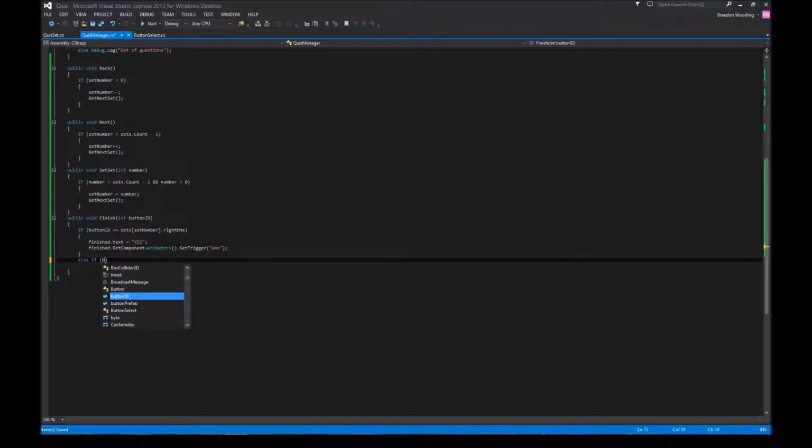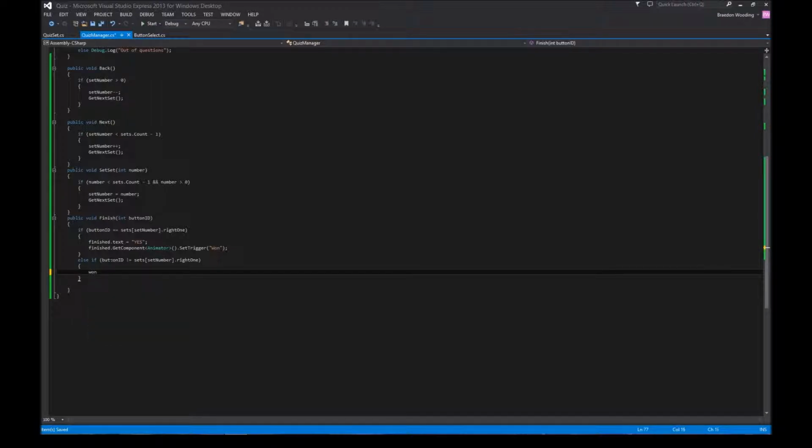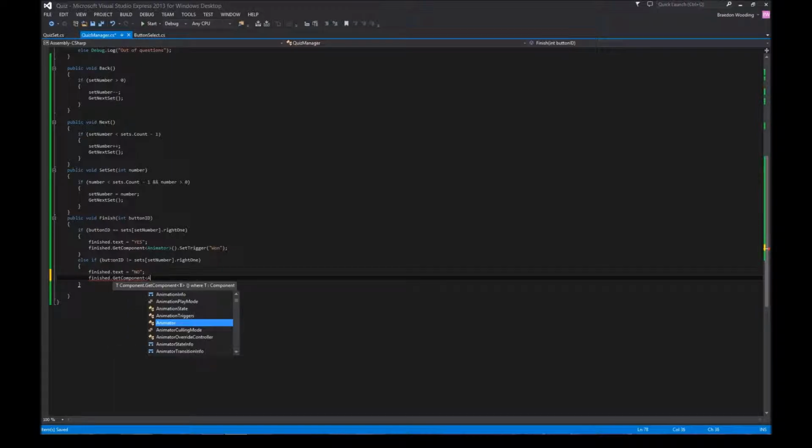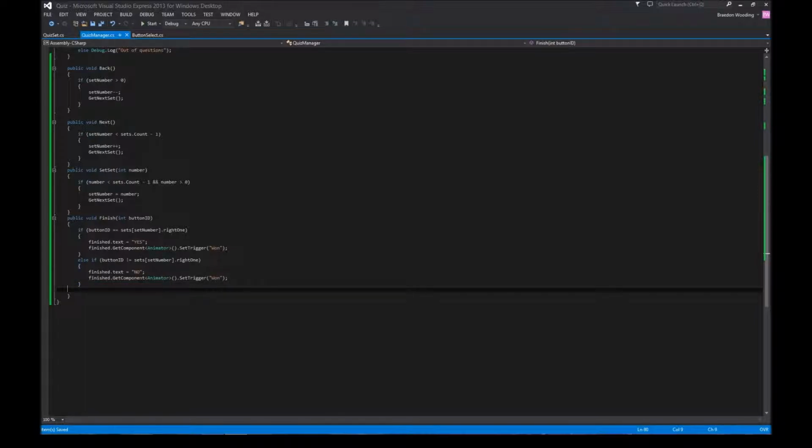Else if button does not equal set number, then we just go, okay, so finished text is equal to no, and finished get component animator set trigger 1. The reason that we have this sentence twice, you go, we could have set this afterwards. Yeah, we probably could, but this way we make sure that if you give the button an ID and somehow the set number mucked up, it's just going to ignore it, which is better than having words come up and go, well, I pressed the turn button, you know, it is a bug. It is a bit bug proof, a bit, not massively. So now if we go back into our program,